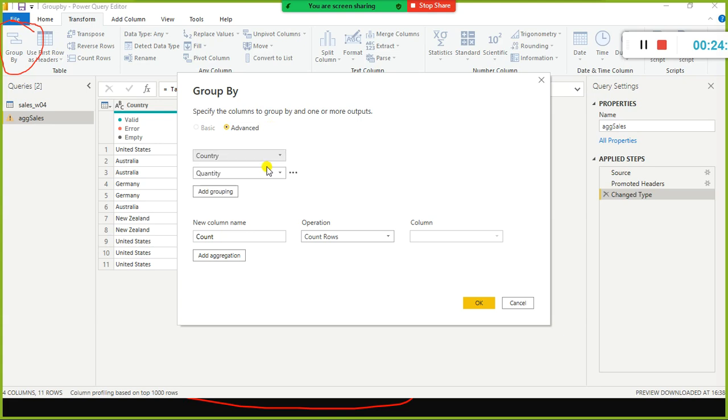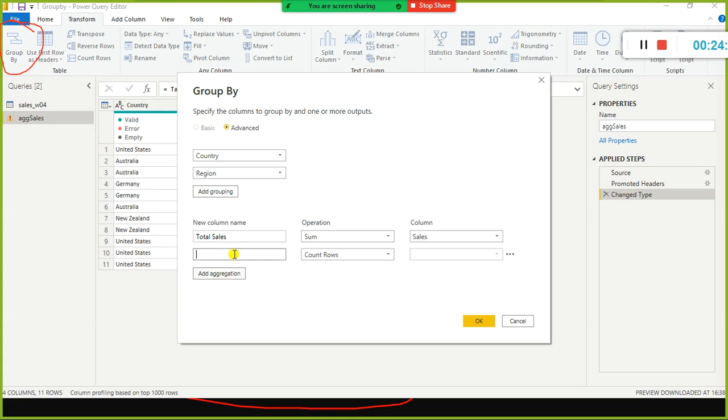Here you select country, and then region. Country and region together, I'm going to do a grouping, and here I will specify total sales, sum, and the column is sales. If you want to aggregate only the sales, you can do it.